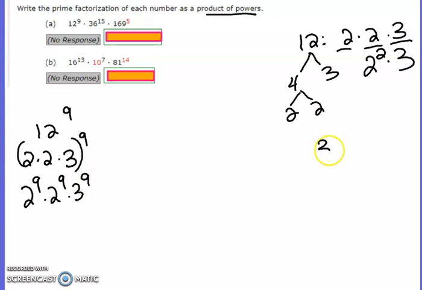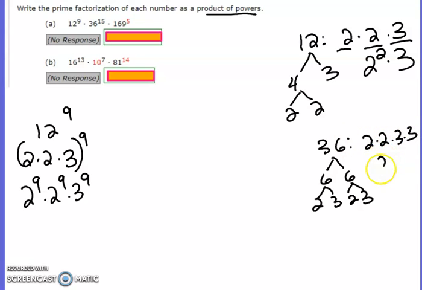Now 36, again, if you break 36 down, that can be 6 times 6, and that's 2 times 3, and that's 2 times 3. So 36 would be 2 times 2 times 3 times 3, or in exponent form, 2 squared, 3 squared. So 36 to the 15th,